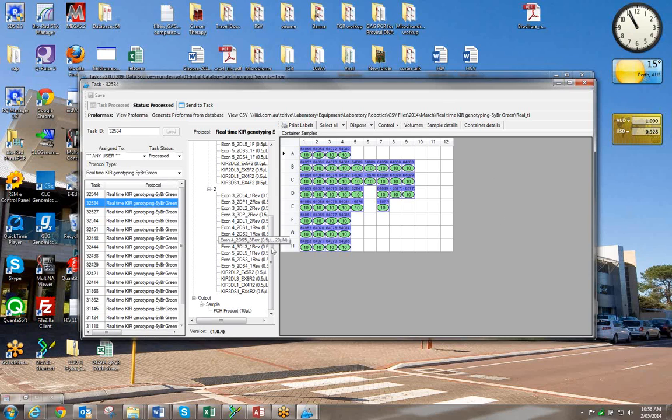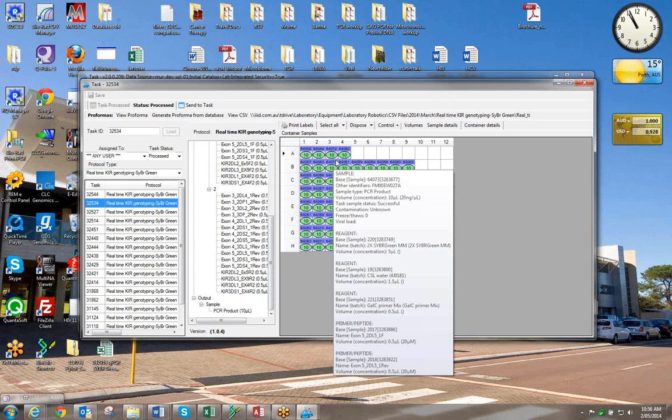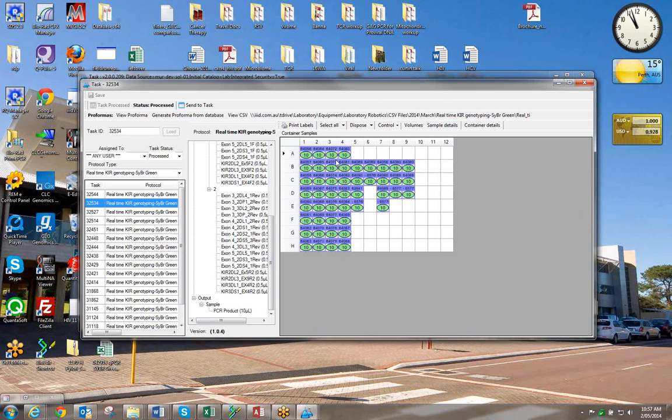Okay, so that's how you basically go through and repeat the same thing again. Create the task, process the task, and then send it to the next task, and so on and so forth. So that's pretty much what the end of Elab is. What I would recommend is